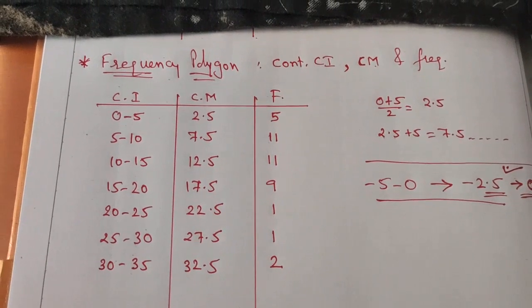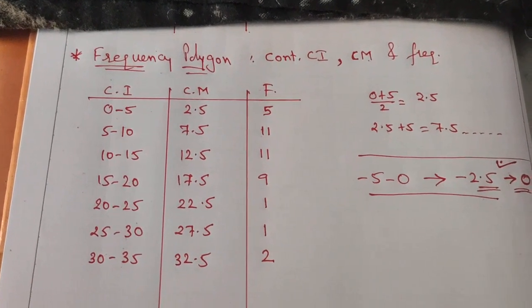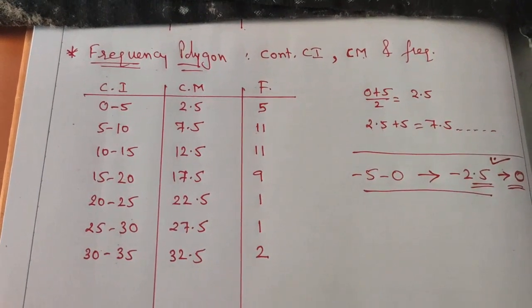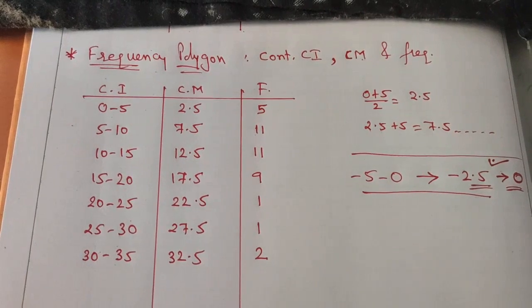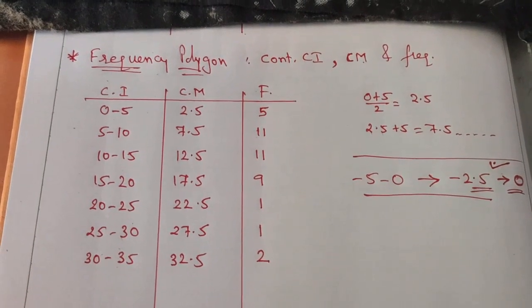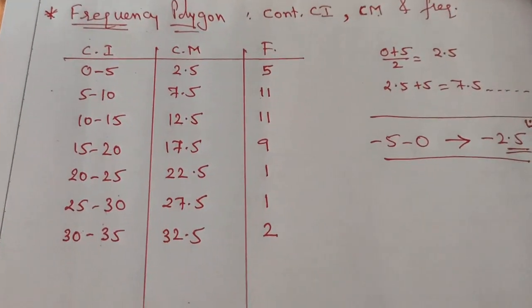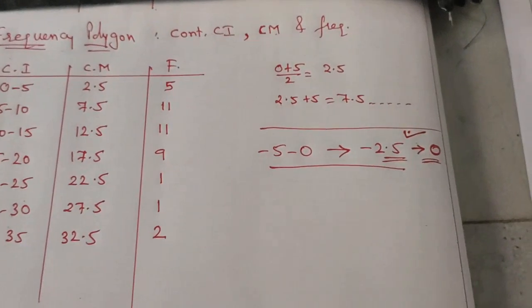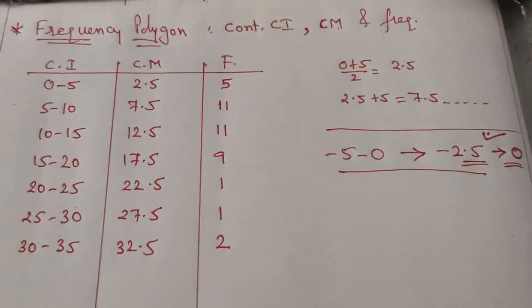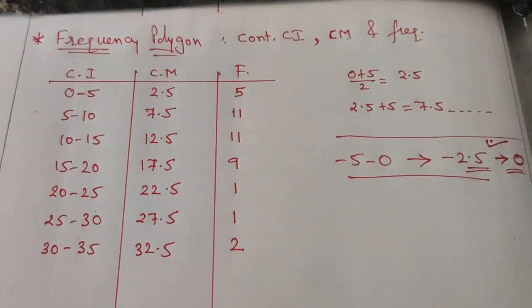So you got the continuous class interval, you got class marks and frequency, and you have to draw the diagram. Frequency polygon always begins from one level at the top, because we start with the midpoints, or you can say with the class marks. So 0 to 5 is a starting point, but the initial point starts from -5 to 0, and it becomes -2.5, because that is necessary for defining our initiation point for the frequency polygon.